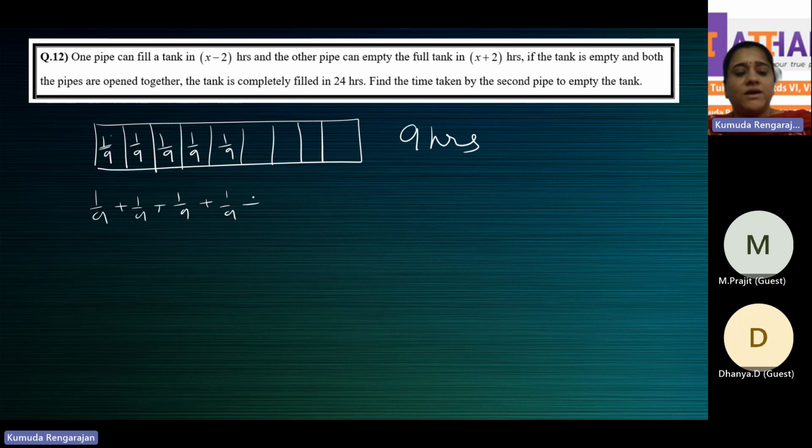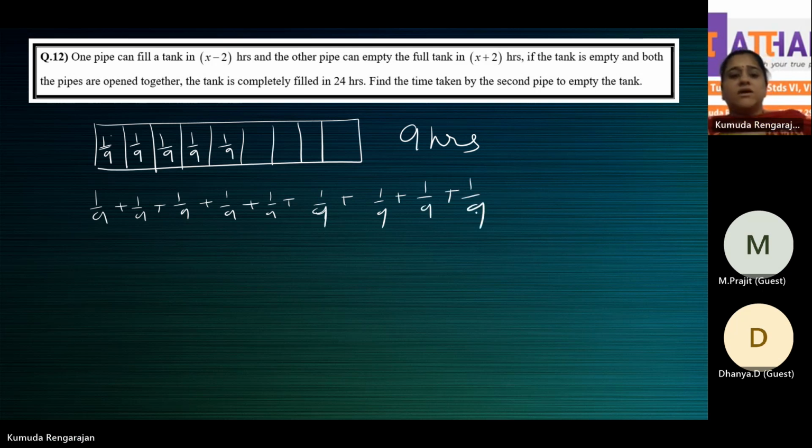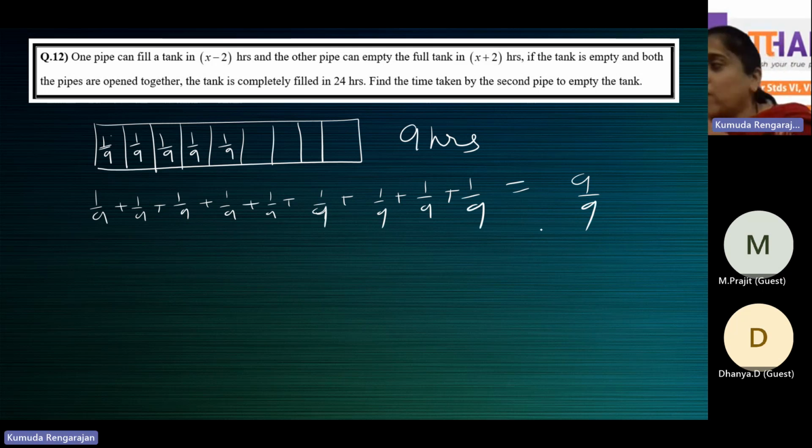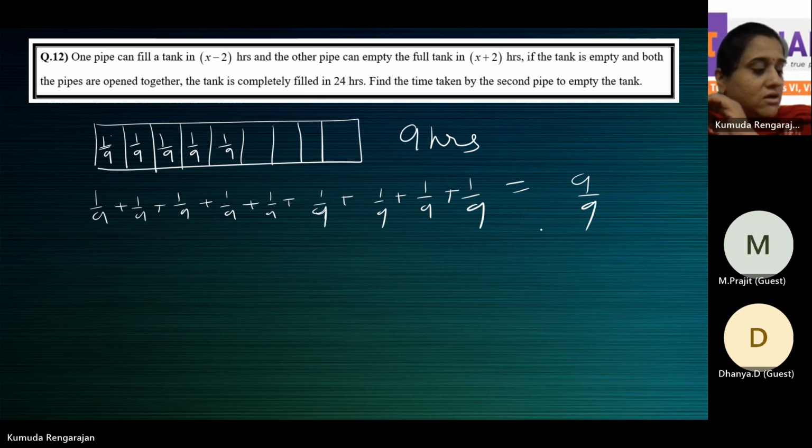Plus 1/9, 4 times. This is 5 times, 6 times, 7 times, 8 and 9. So when you put all this together, you will get 9/9, which is 1. So the full work is done, the entire work is done. Which means the reciprocal of the total time taken is the work